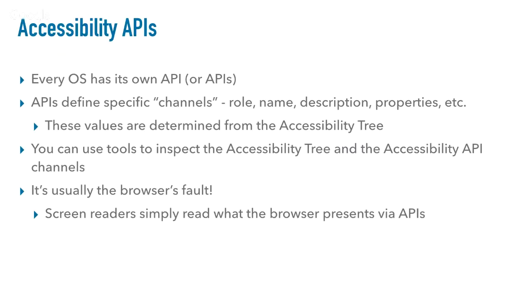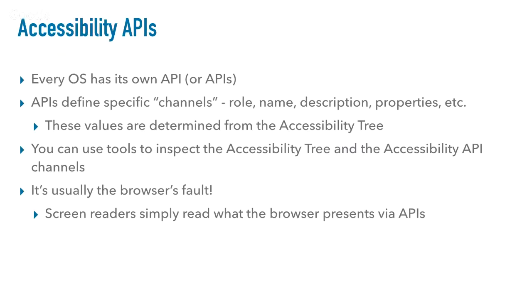Primarily, the browser is simply communicating to the assistive technology via these API channels to define the role, what it is, the name, how you identify it, descriptions, other properties, checkbox states, if the field is required, if it's invalid. Those types of things are all defined and communicated from the browser to assistive technology. And those are determined from the accessibility tree. So you can use tools to do that. Inspect the accessibility tree. You can even inspect the accessibility APIs to see what is being communicated from the browser